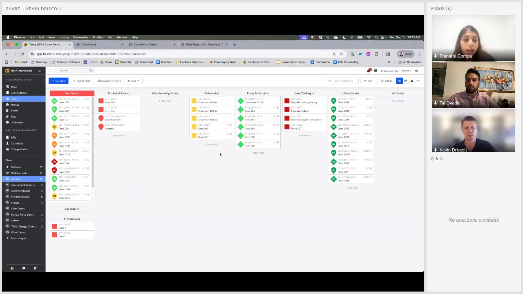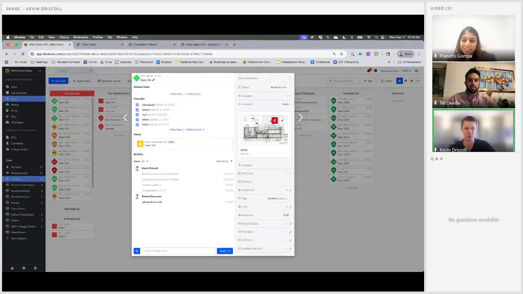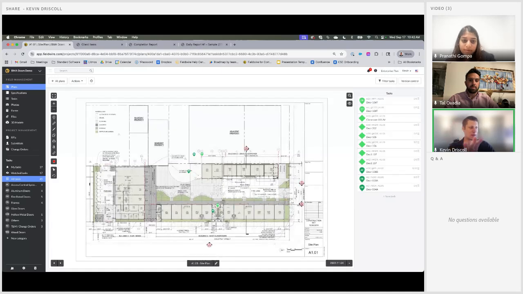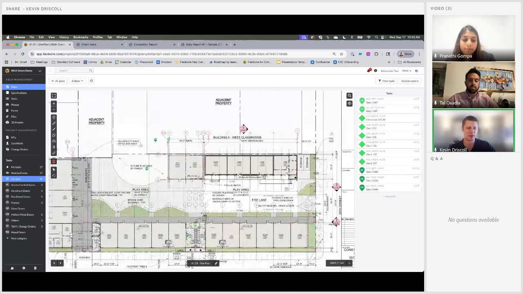The next question, sorry, go ahead, Kevin. I was just going to say for most users, I would say the best practice would be to just associate it with that plan overall, and then just drag them from the window here, just kind of going on down the line. To Tal's point, it's pretty quick and easy once you get going, pulling them from this sidebar here onto their specific locations.